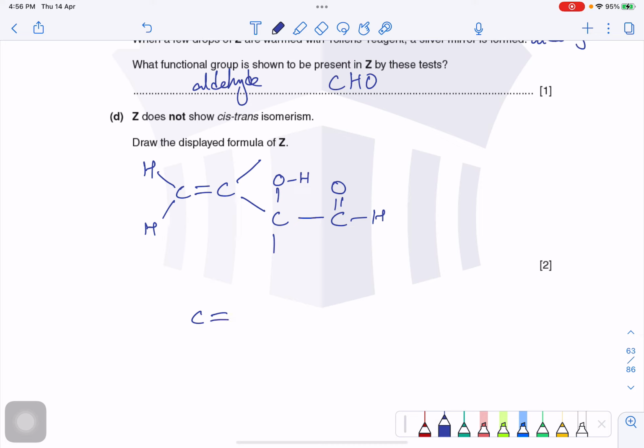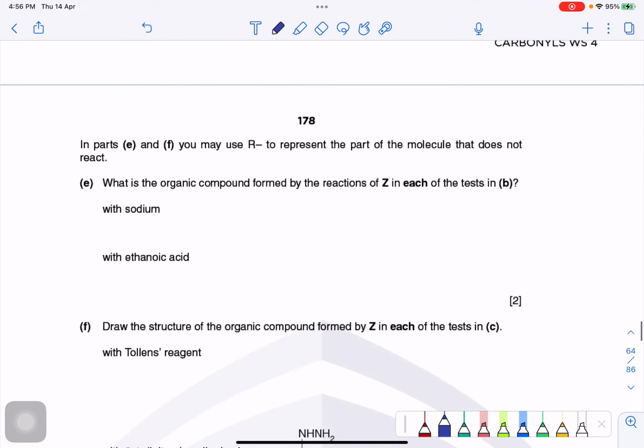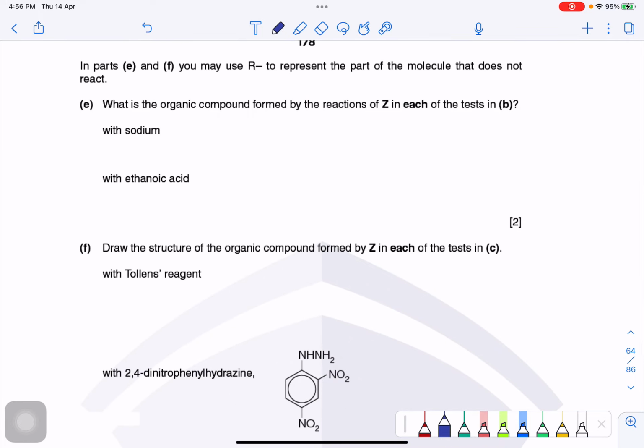अच्छा, एक ये बन गया। अब इसका हम सिस ट्रांस तो हो नहीं सकता, कोई और करते हैं। ये चीज़ ऐसे रहेगी, हाइड्रोजन हाइड्रोजन, इधर भी हाइड्रोजन था। अब यहाँ मैं एक काम कर सकता हूँ कि एल्कोहल एक साइड पे लगा देता हूँ कि ये एल्कोहल लग गया, एंड आई कैन पुट दी कार्बोनाइल ऑन दिस साइड। यप, आई थिंक दिस विल वर्क। सो या दैट इज इट। तो हमने ये भी कर लिया। लेट्स मूव ऑन.